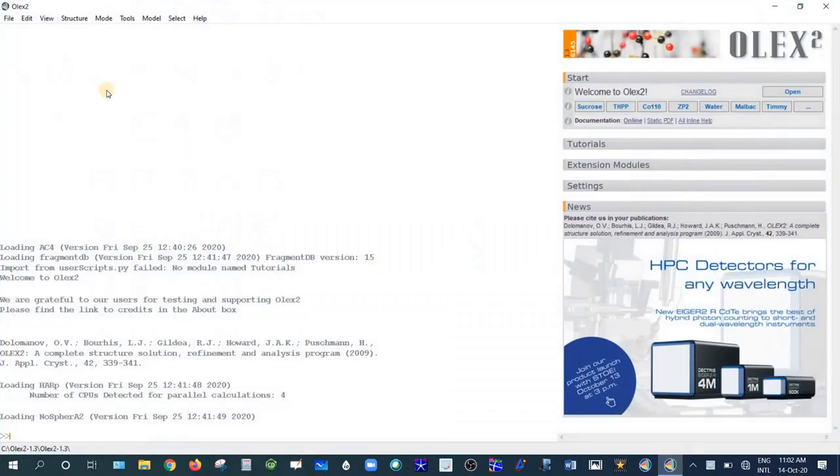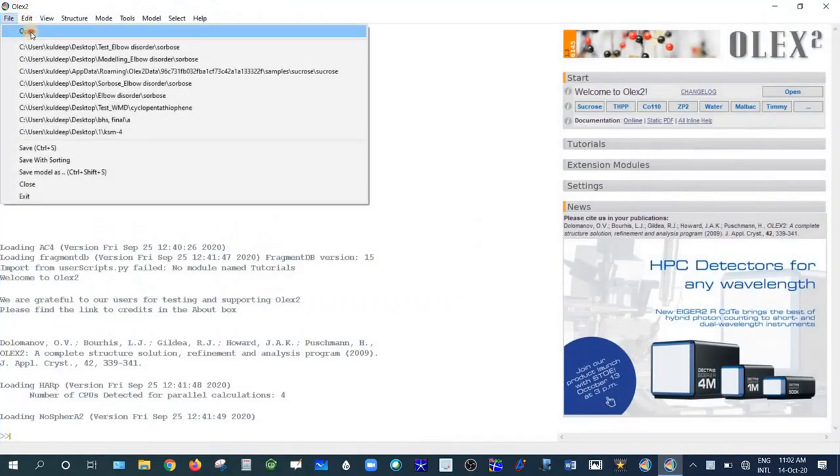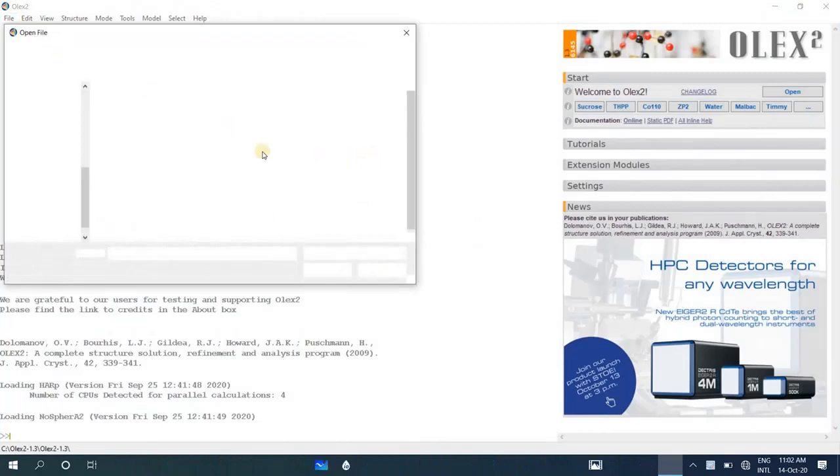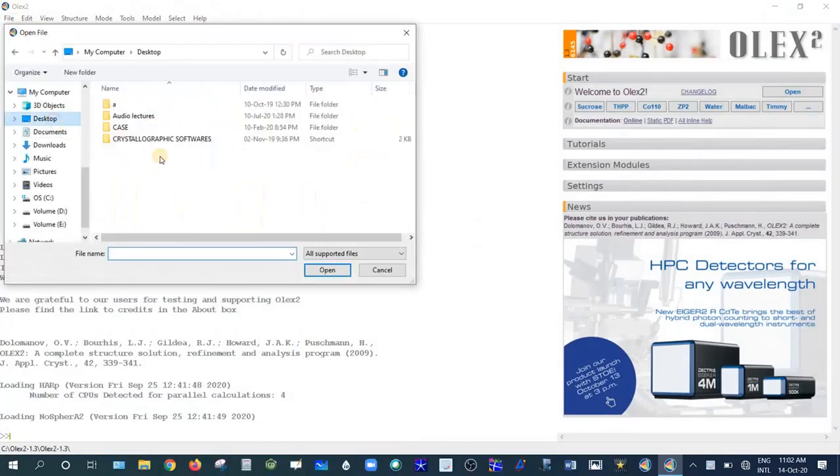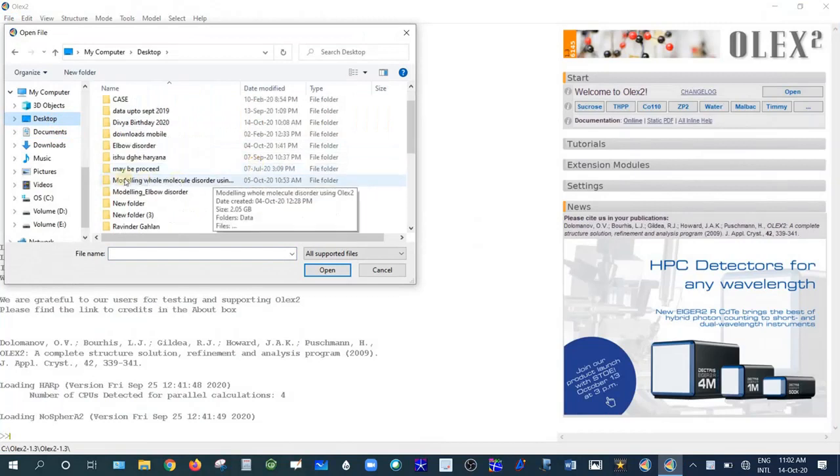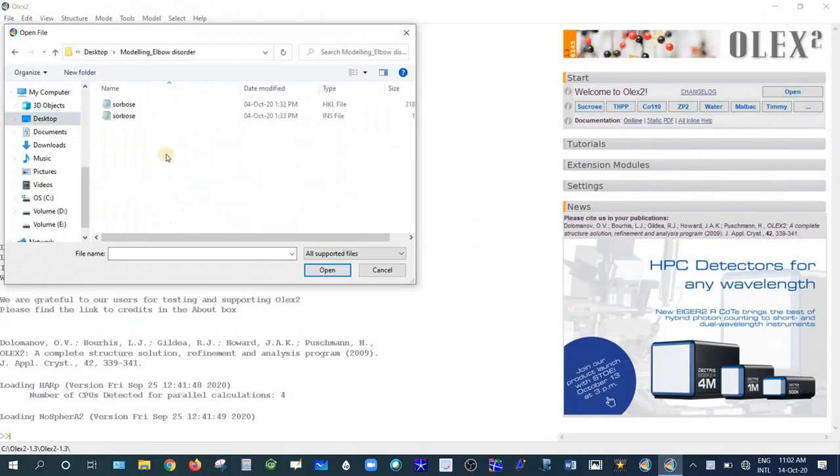Open OLEX2, go to File, Open, choose the file. There are two files in the folder, the instruction file, INS file, and the reflection file, HKL file.